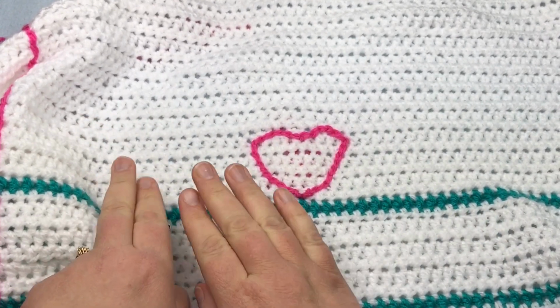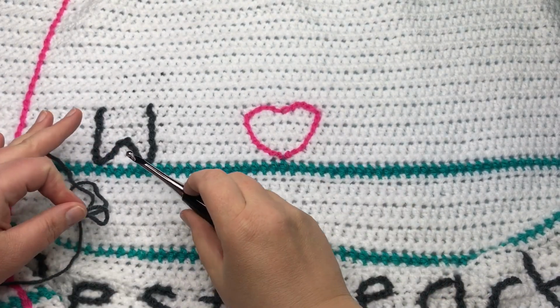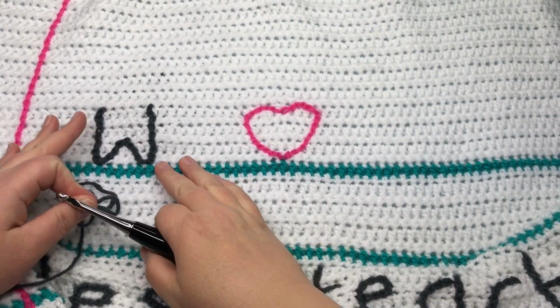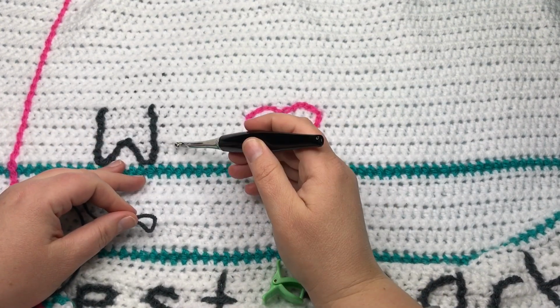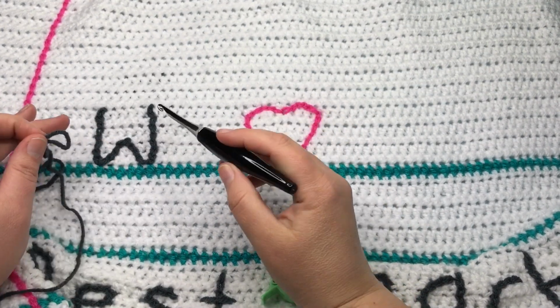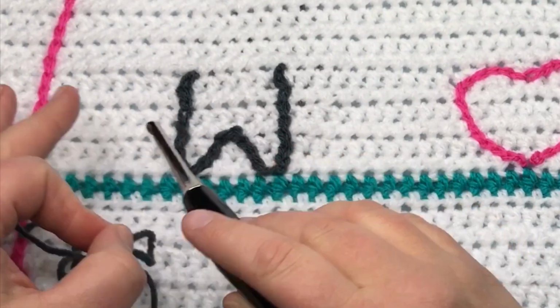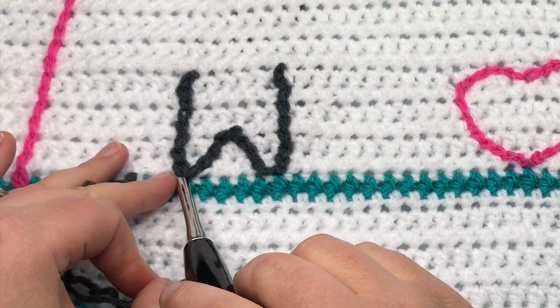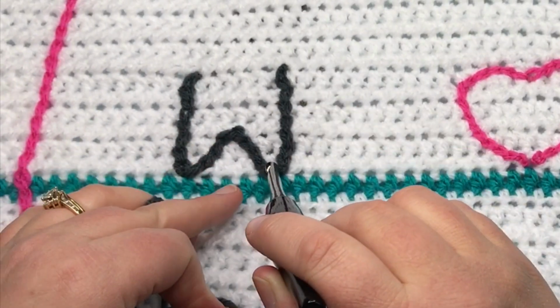And then let's jump over and make one of these letters here. So I've gone ahead and done one letter for the W here. I'm writing the word "we." I'm going to show you how to do the E, which is more of a curving line and then a straight. The W, the way I did that, is a straight line, so you know how to do that. Just start here, go up, finish it, and then over here, start here, go up, and finish it. And then the way I did this one is I